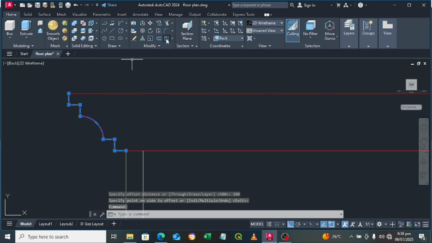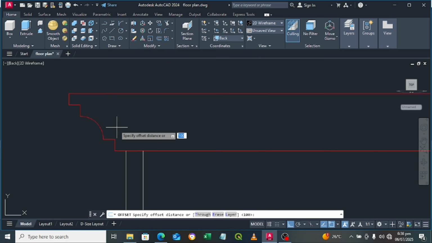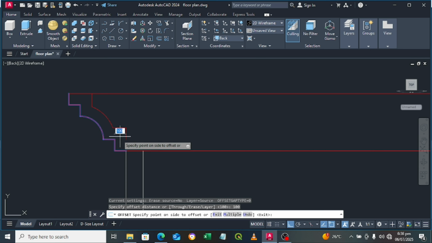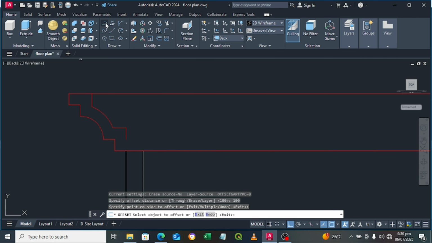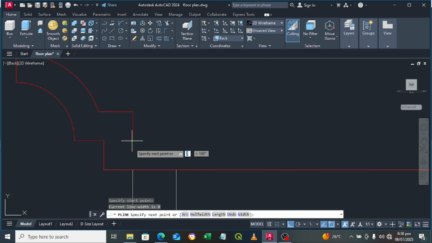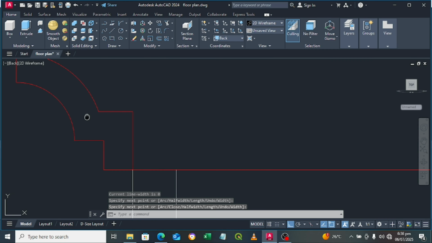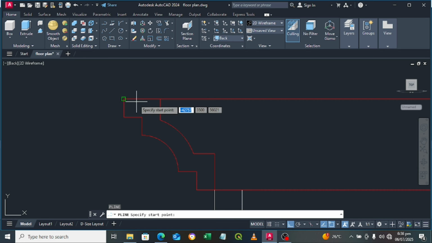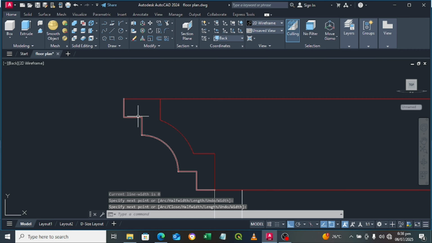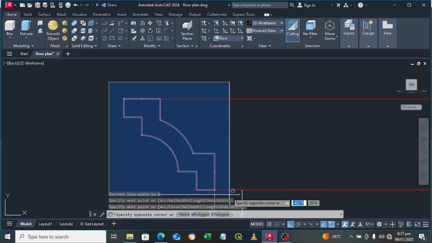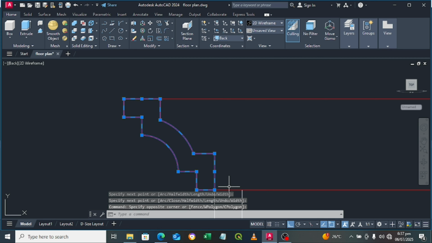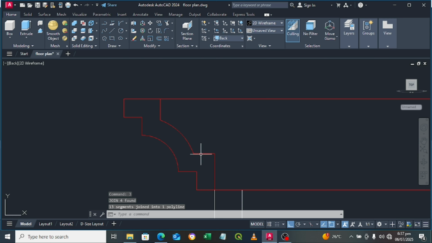And select that, and offset at a distance of 100, this one, and then go on polyline, zoom in, that there, enter for the previous command, that to there, and select this, press J for join, and after joining this,